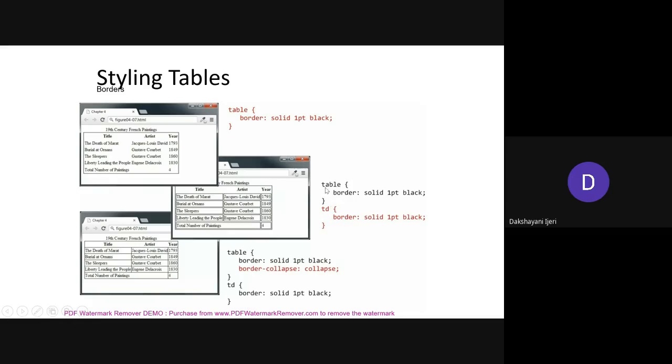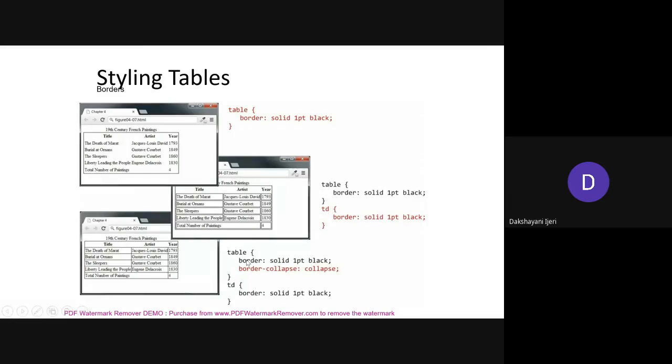The table element has been taken for which we have defined these properties, so except the TD, the rest of the elements of the table will be applied with these properties. Whereas in the second case, we have taken the TD for which this property has to be applied. Again, different properties have been taken.